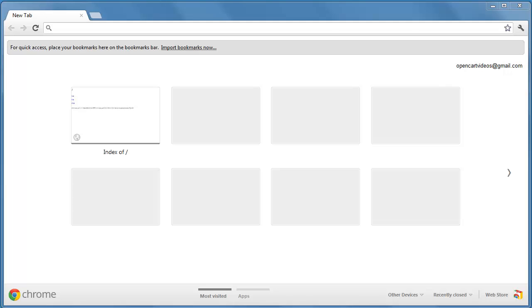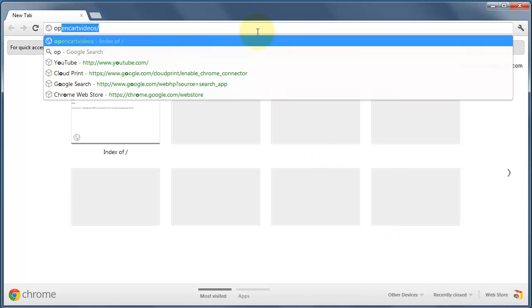In this video, I'm going to show you how to install OpenCart. So to begin with, you should already have your hosting with FTP details and a database created. So let's begin by going to OpenCart.com